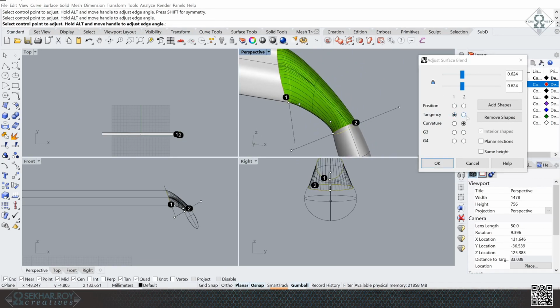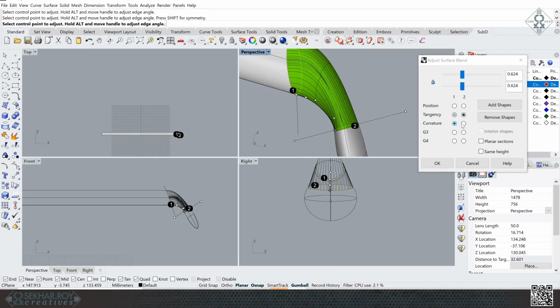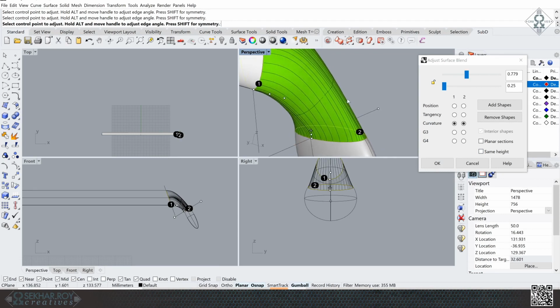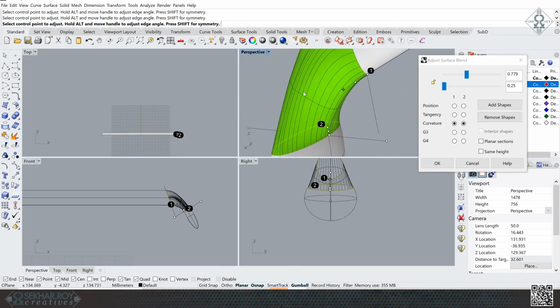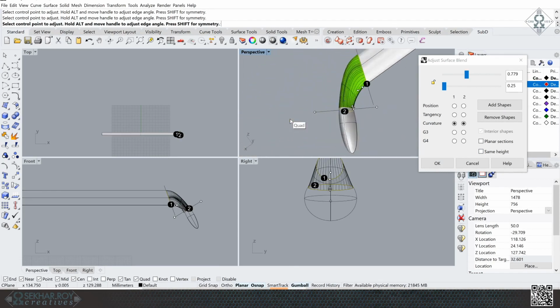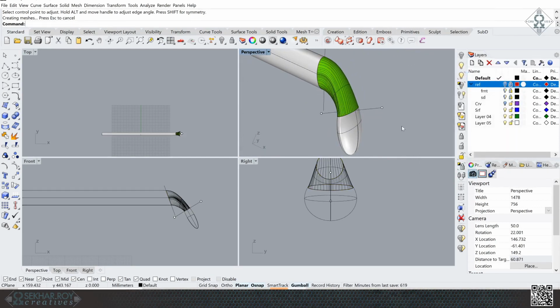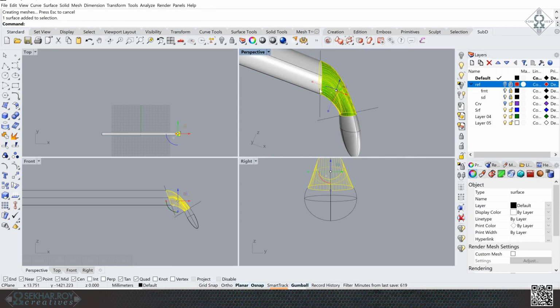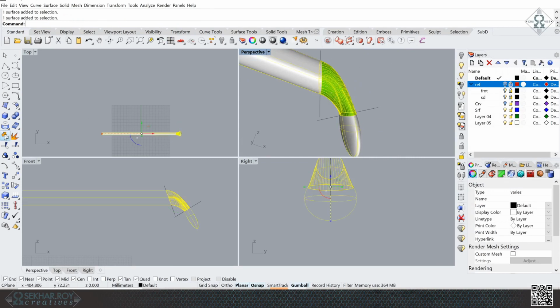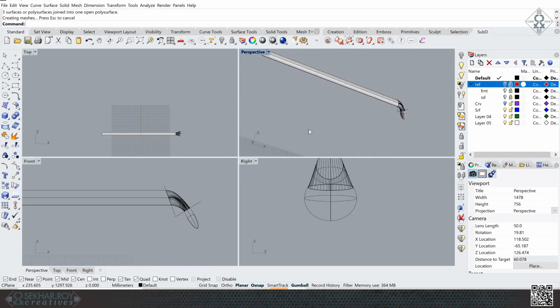I can also choose tangency. Curvature was okay. Same height, and then you can pull each of them separately so I don't have that much of an overlaying object. Okay, with this I can say okay, and I'm going to attach this and this together, join, and using the